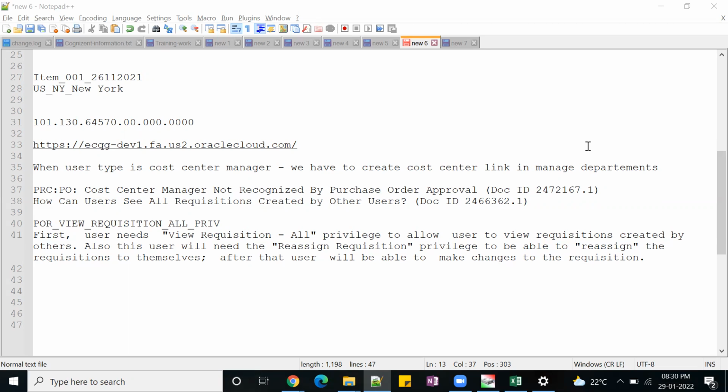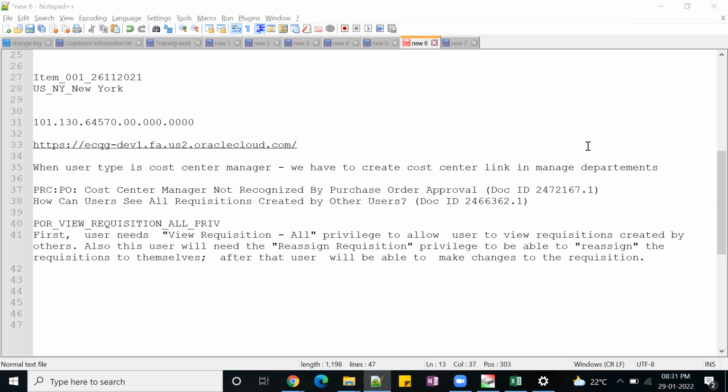If you want to see that, we cannot see it using the procurement requester, procurement preparer, and procurement agent access. So I am repeating: if I want to see the requisitions that user two has created for the same BU with the help of the seeded roles, that person can't view the requisitions. In order to view the requisitions, what extra privilege or functionality is required